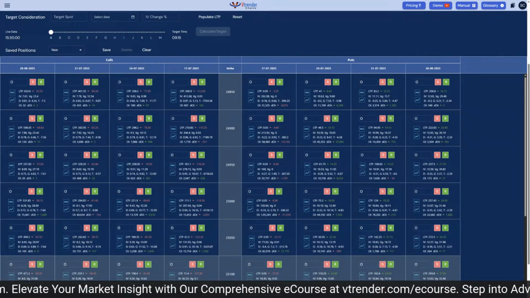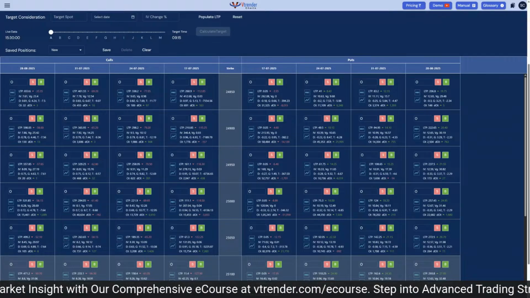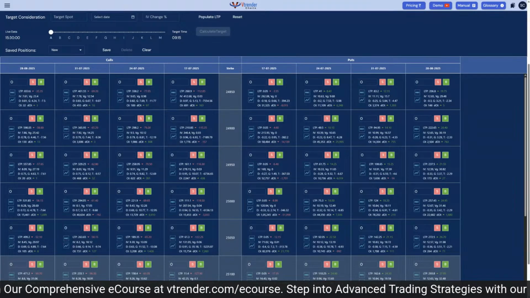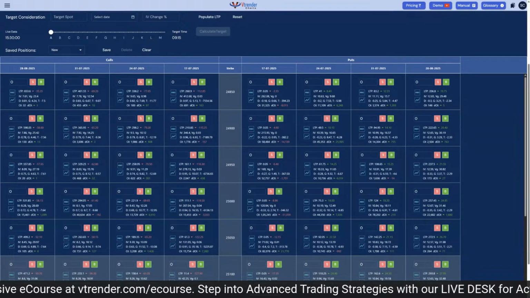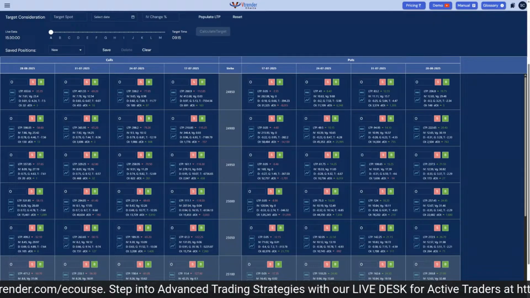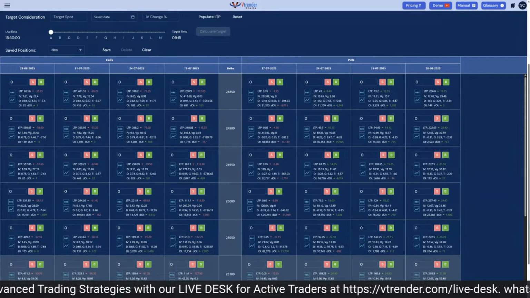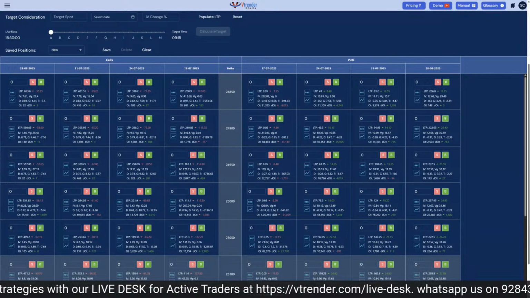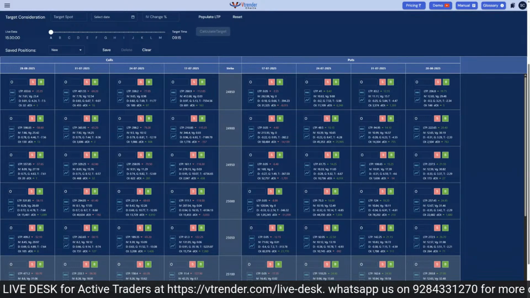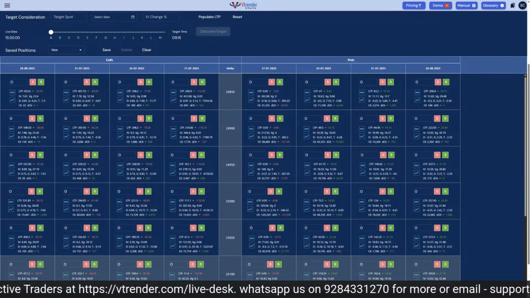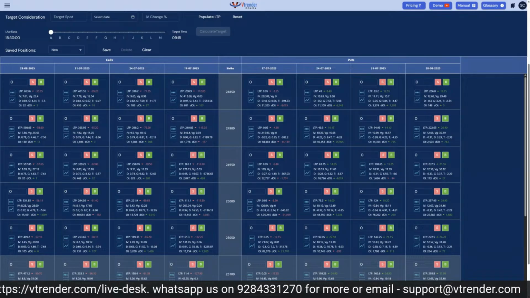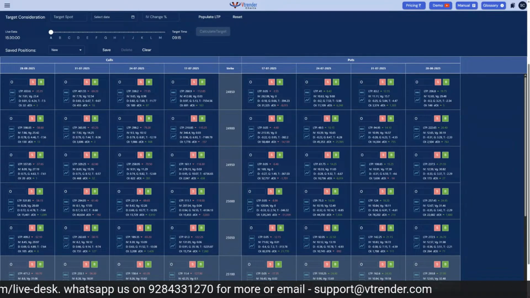So we know delta is the speed and gamma is the accelerator. But now you have to start understanding two more concepts. The first concept you need to understand is something which we call long gamma. And the second concept after that is obviously the opposite of that, what is called short gamma. So you've got to understand what is a long gamma market, and you've got to know what is a short gamma market.